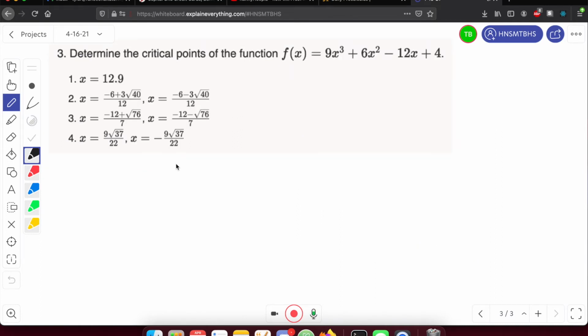All right, our final question. Determine the critical points of the function f of x is equal to 9x cubed plus 6x squared minus 12x plus 4. So we need to just remember what the critical points are. And this is just a definitional thing. So we have that critical points